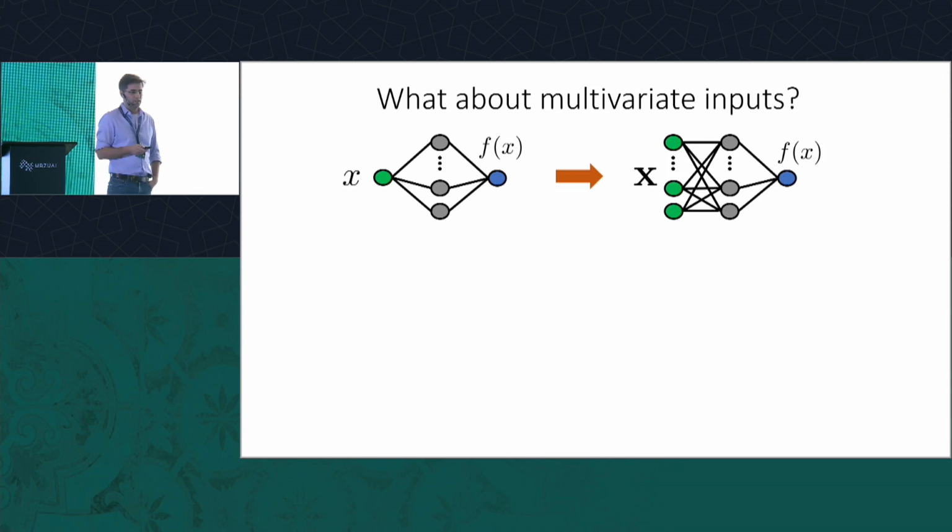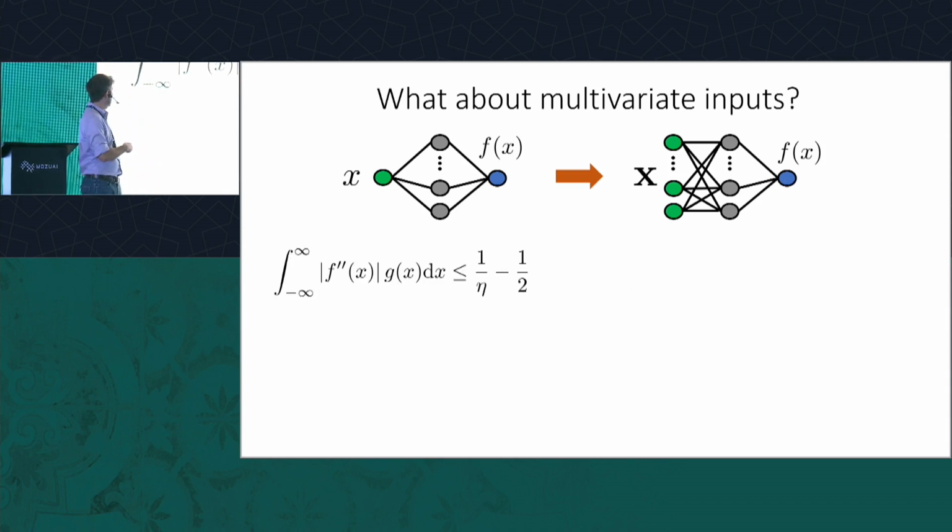Okay, so far I talked about the very simple case of a univariate neural network. What about multivariate neural networks? We had this expression, this integral over a second derivative. So what do we get for a multivariate case? For the R norm you saw maybe previously with the weight decay, you didn't have this G. We get some complicated expression with a Radon transform.